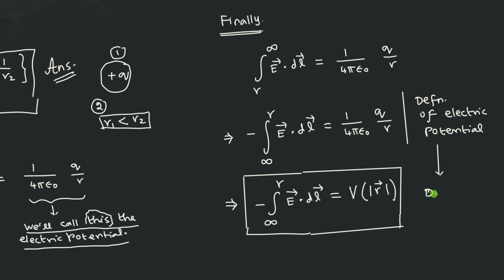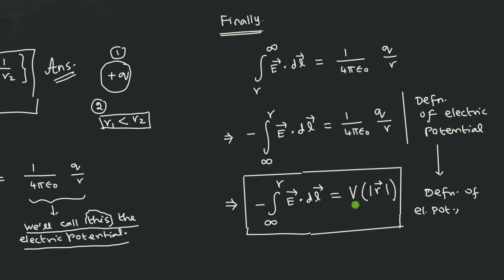So this is the definition of the electric potential, not necessarily for a point charge. That is the difference. Here you made a very small change, but however the meaning should be clear. The previous equation 1 divided by 4 pi epsilon naught into q by r is valid only for a point charge, because that is what you have been doing from the beginning of today's class. But what we are going to say in the next step, the one which is put in a box here, is that this is not only true for a point charge. This is true for any collection of charges.